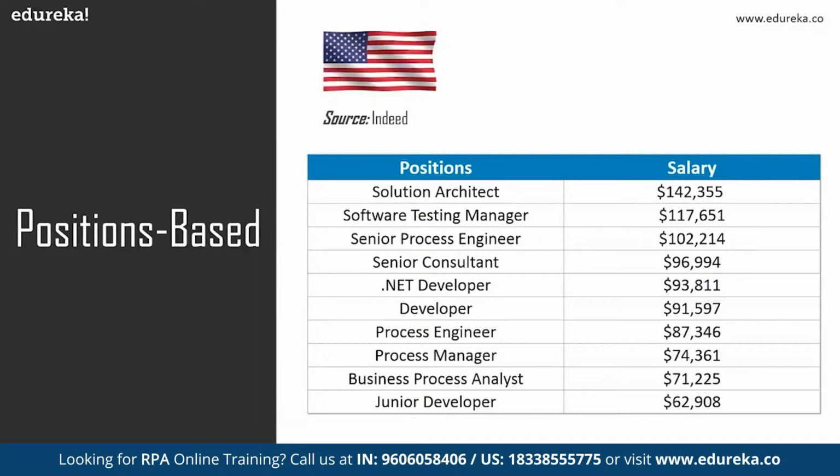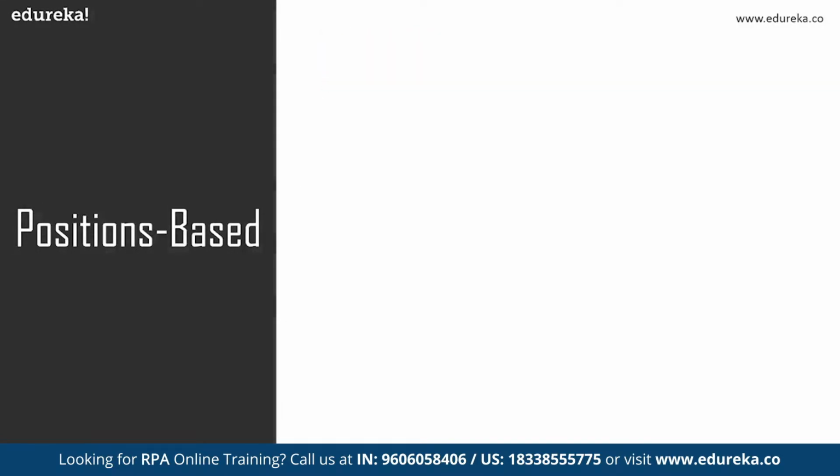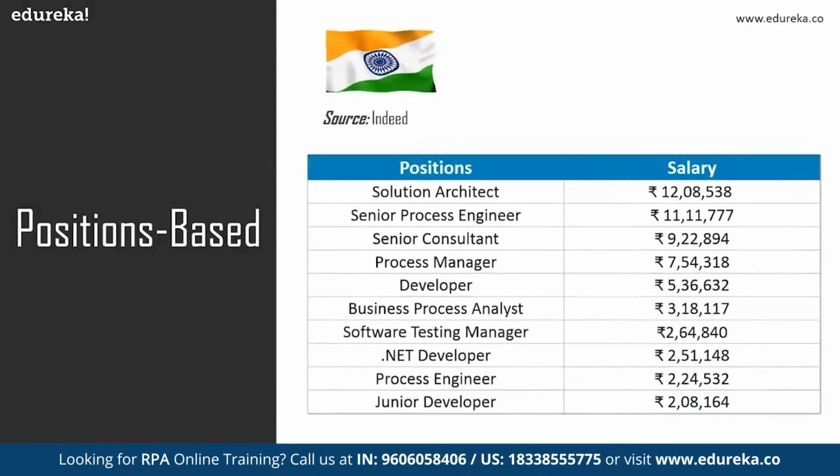After that, we also have a role that is business process analyst. Now, business process analyst is a person who works into the complete process of the RPA life cycle. So that person earns around an average salary of $71,000, and coming to junior developer. So the junior developer earns around $62,000 per year. So all these stats are really great to see, and I think you can get started from either being a junior developer, or maybe if you're already experienced from around 7 to 8 years in the RPA field, then you can go forward and become the solution architect or the RPA architect. So that was about the scenario in United States, guys. Now let's move forward and look into the scenario of the same positions in India.